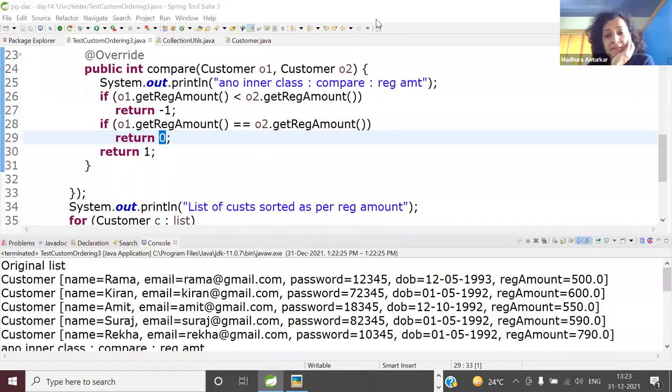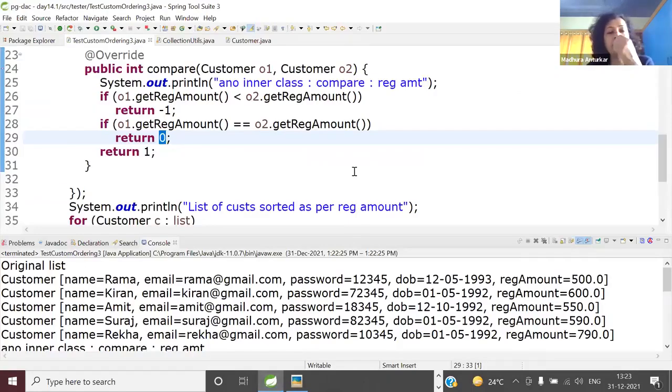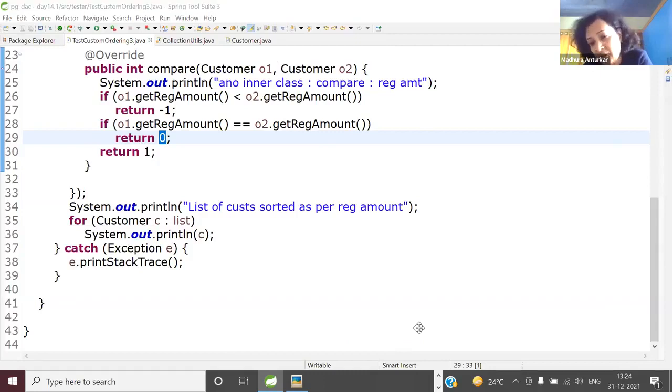Please run it, test it, and also once look into your bin file and you will see the anonymous inner class getting created and compiled. Working, guys, or not working? Done. Check it also. Working. Very good. I'm going to give a shortcut to this and we are going to stop here for lunch break. Can I show you the further shortcut? Or are people still working on it?